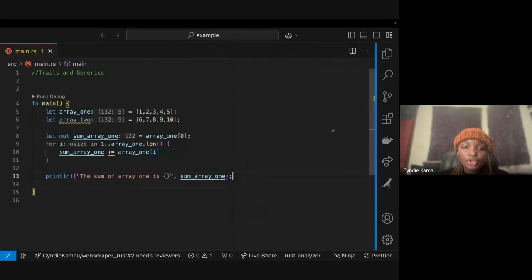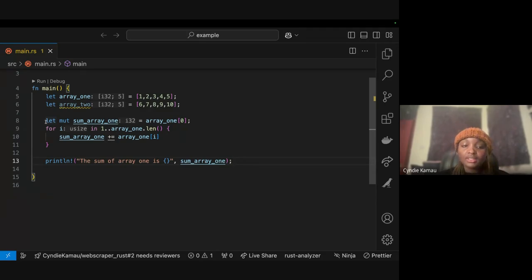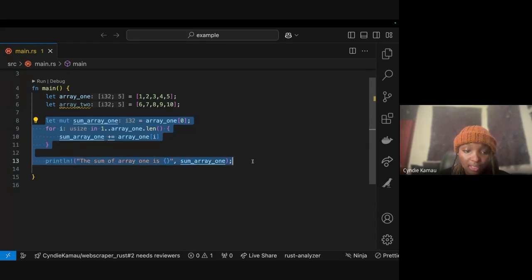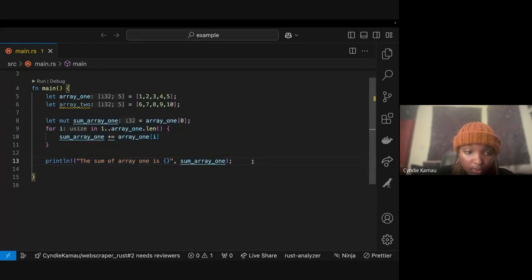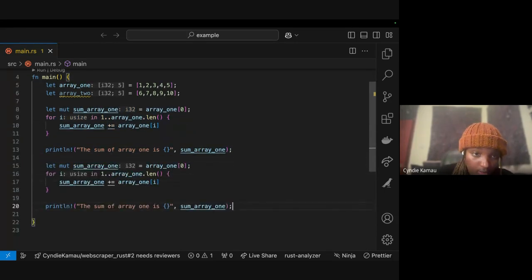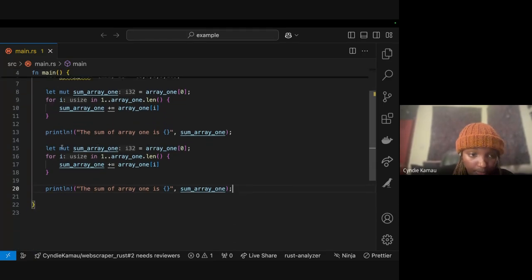But now the issue is, if I want to do the same with array 2, essentially I have to repeat this code again, right? Let's do it so you guys can see.